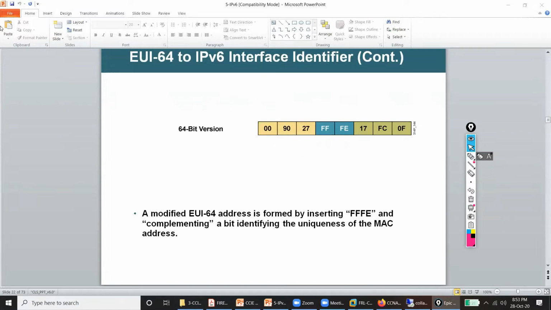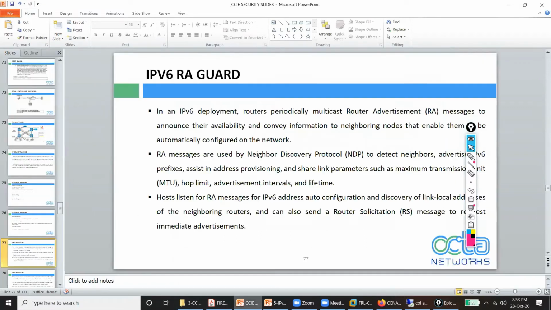And the router is helping them with stateless auto configuration, because the host is being configured in EUI64 format. Now come back to the attack. Just in order to explain this attack, I went all the way to IPv6 and explained it to you. So in an IPv6 deployment,